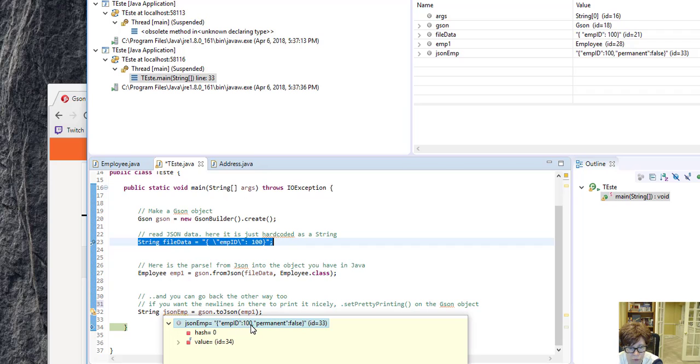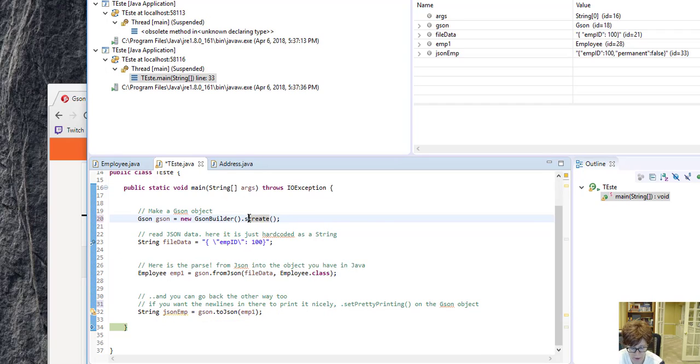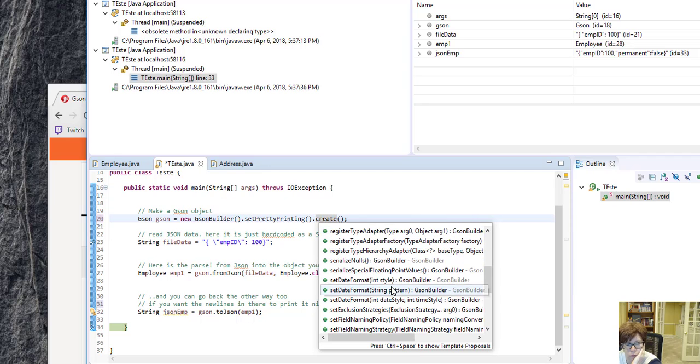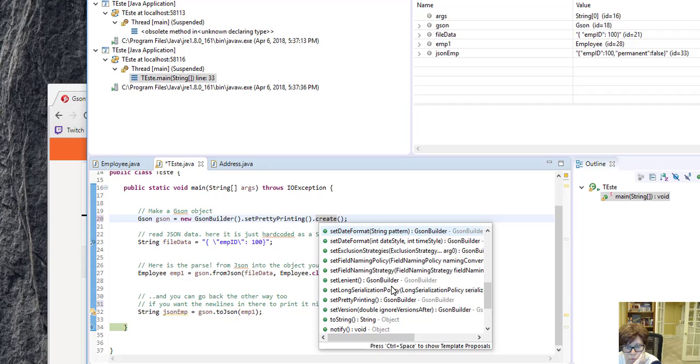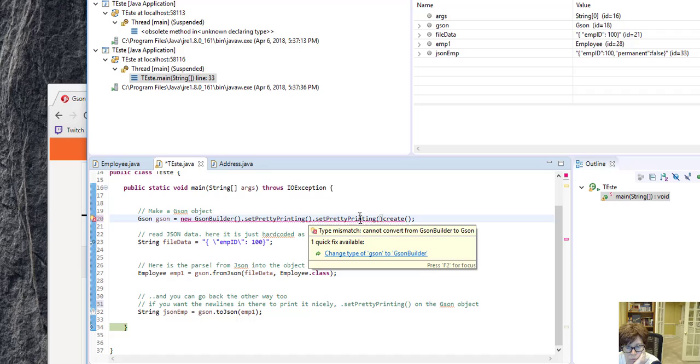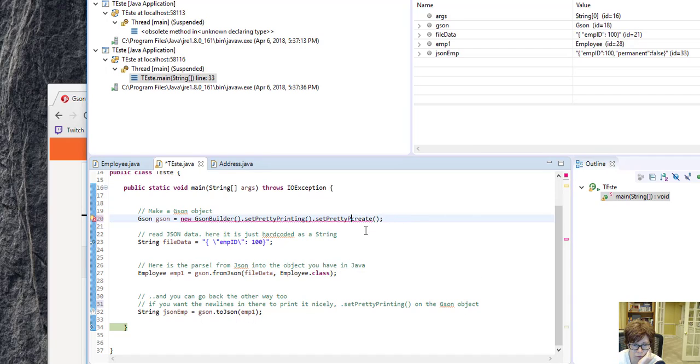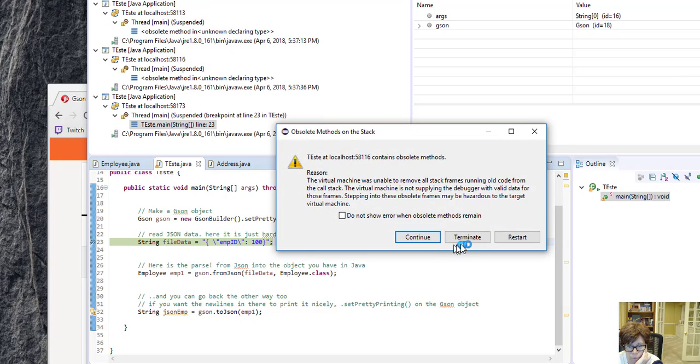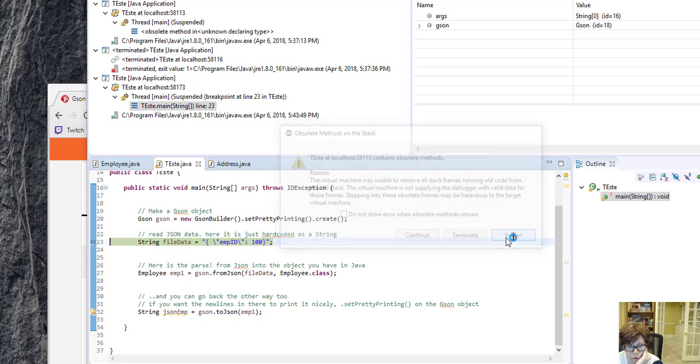So here it is with employee ID 100, permanent false. You can even, if you came up here, set pretty printing. I think that's what it's called. Let's make sure I typed it right. There it is. Oops, now it's double. Okay, so there's set pretty printing. Then when we debug this and restart,